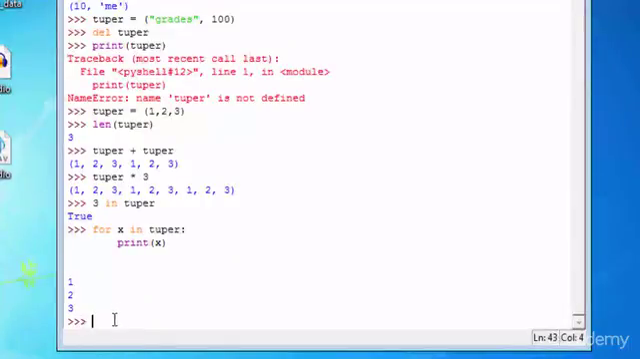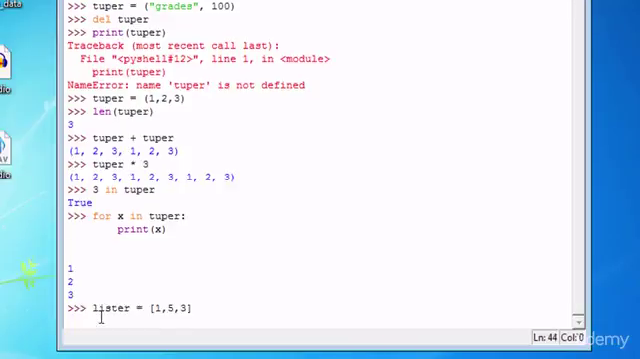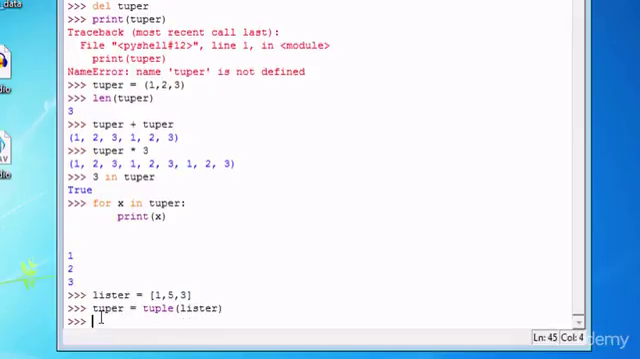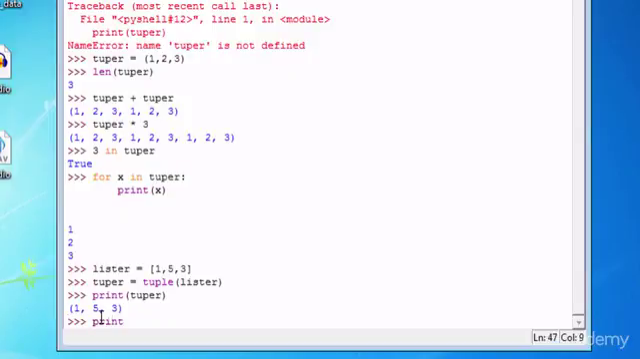Getting indexes and slicing works the same way as lists, and we can actually convert a list into a tuple. Let's do that with our list lister = [1, 5, 3]. Then we have tuper = tuple(lister), and enter, and there we go. You can see right here that we did actually convert the list lister into a tuple as the square brackets